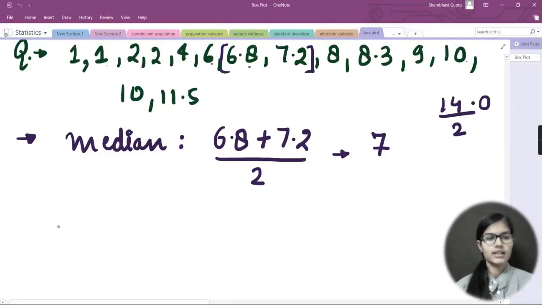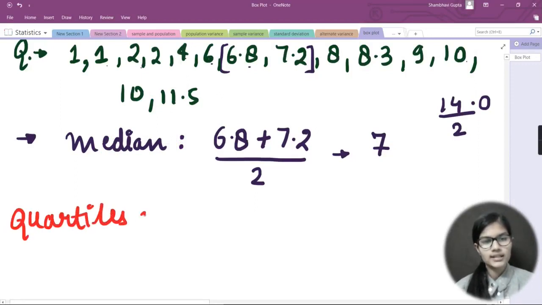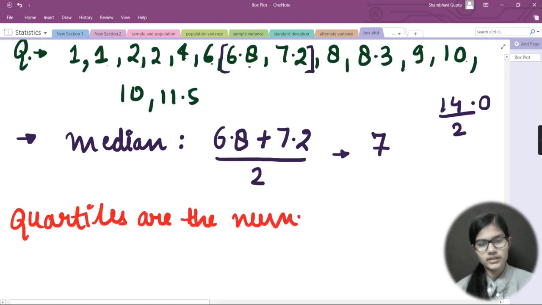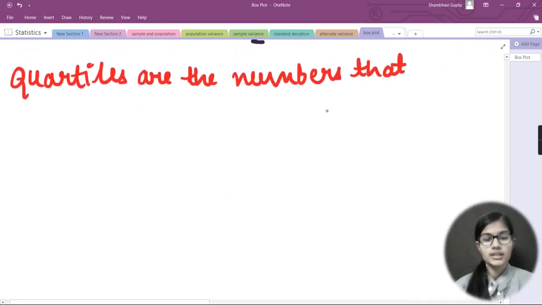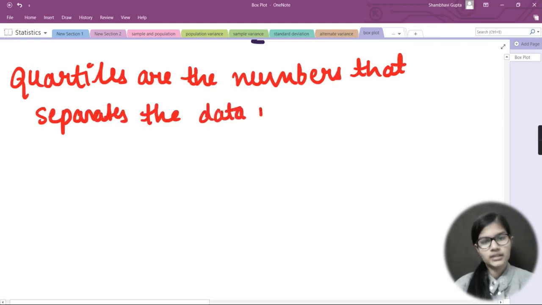Let me write that quartiles are the numbers that separate the data into quarters.